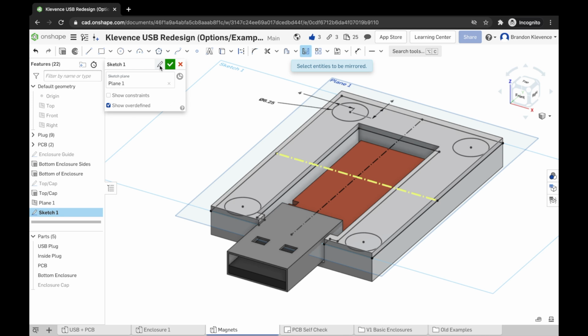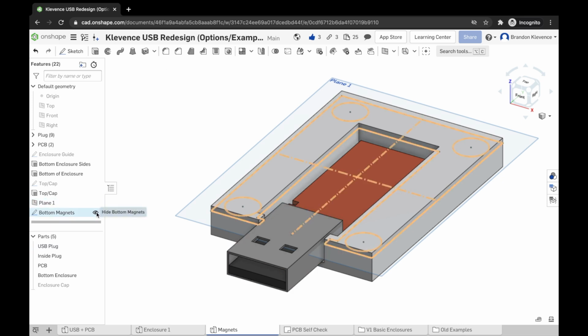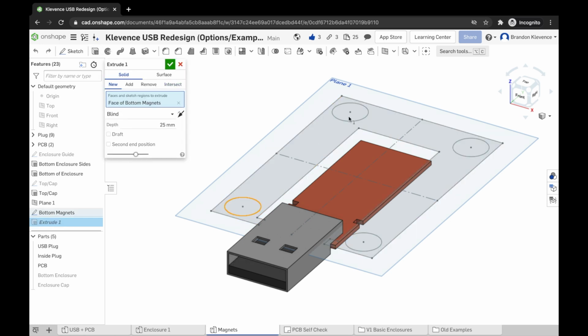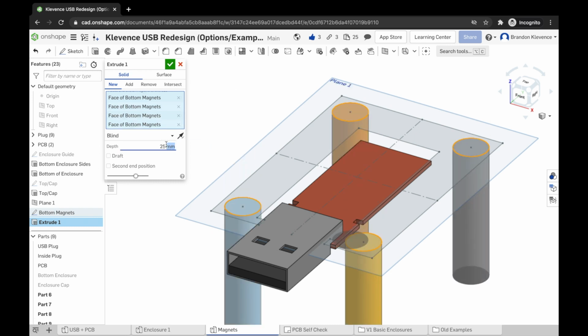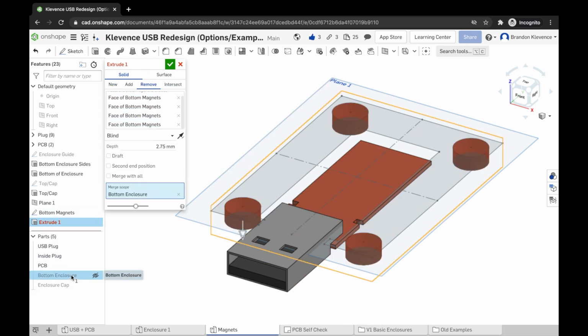What we need to do next, we go bottom magnets for our good old renaming of our sketch here. We can do an extrude, and actually what we may need to do is do an extrude remove of these circles. I'm going to flip the direction of these circles, and I'm going to change the depth to 2.75. We want it to be an extrude remove. We're going to extrude remove from the bottom of our case, the bottom enclosure, and bottom magnets